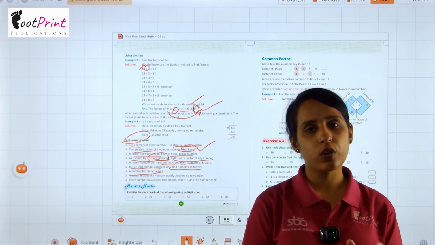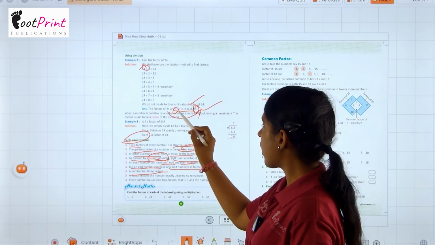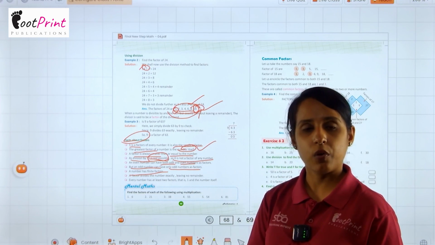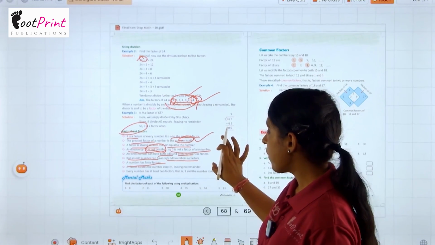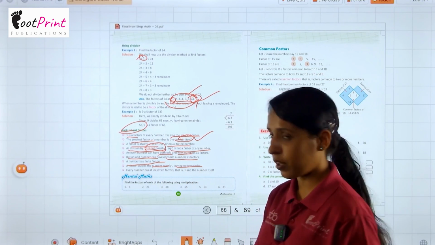फाइनाइट होते हैं, मतलब लिमिटेड होते हैं, उतने ही फैक्टर्स होंगे। जैसे 24 के 1 2 3 4 5 6 7 फैक्टर्स हैं। ओके, वी कैन नॉट एक्सटेंड इट। ओके, नाउ अ फैक्टर डिवाइड द नंबर एग्जैक्टली लीविंग नो रिमाइंडर।